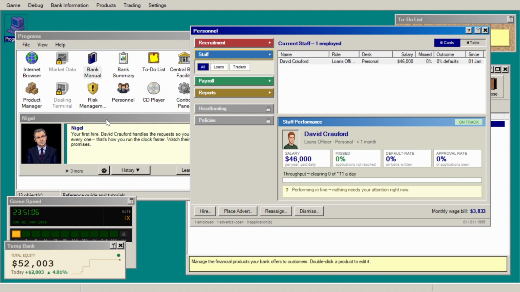But this is the key aspect of this, that you're not going to be told what his statistics are. The statistics which matter internally to the game would be, for example, making decisions on the expected value of a loan. So a loan to a customer who is A-rated would have a higher value than someone who's triple C, for example. So the better loans officers will be able to make a better decision on what's a good loan and what's not,